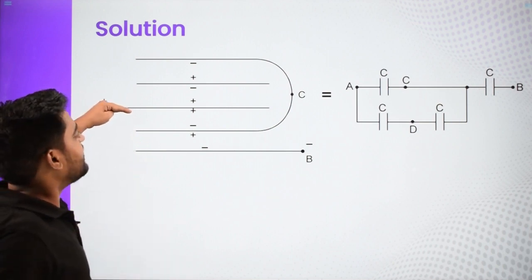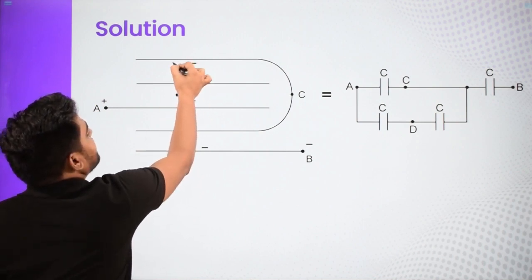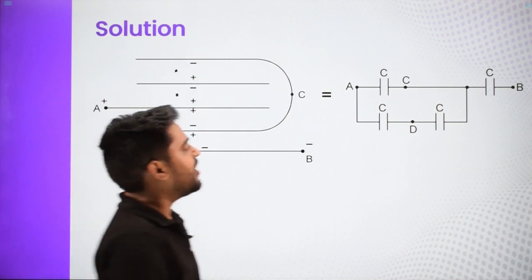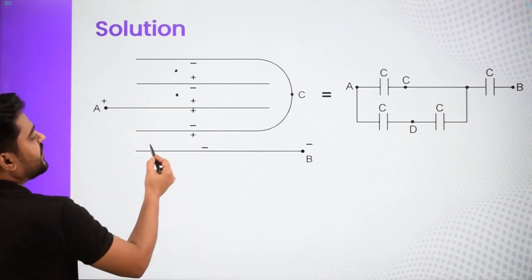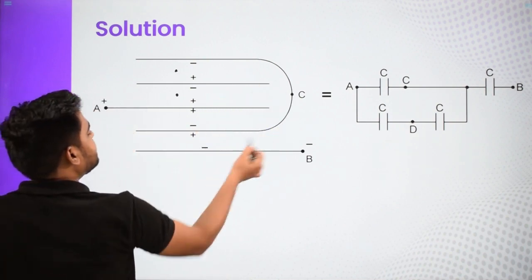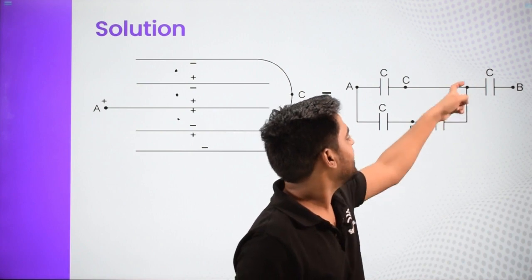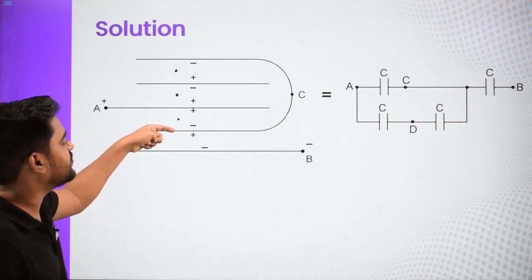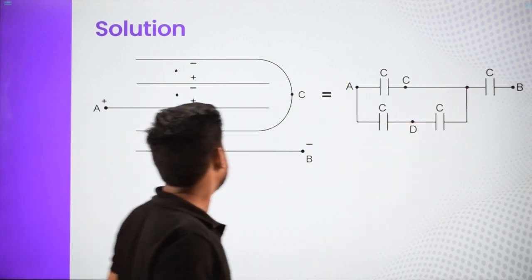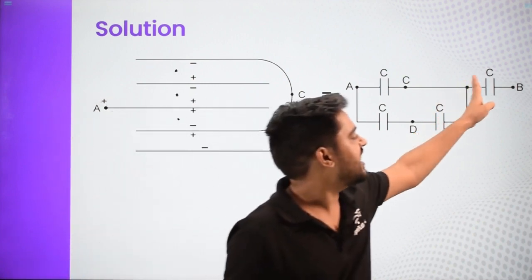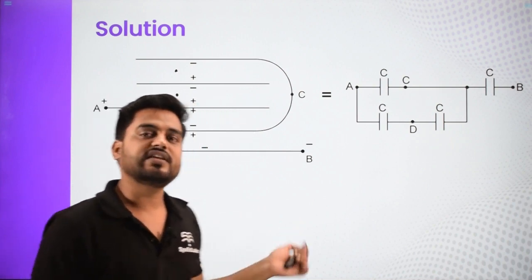So in front of A, there is one capacitor from A to here, one more capacitor in series, then this is like C. So C has come. So from A to C, one capacitor is there. Let me just redraw. And one more is there in parallel. So this is C again. So this and this, they are in parallel, right? So 2 capacitors and then 1 capacitor. This is 1 capacitor from A to C. This is A to C, 2 capacitors in series. So 2 from A to C and 1 from A to C. And this is like C to B, right? So C to B, another is connected. You can redraw it and at the end you can just simplify your circuit for the equivalent capacitance.